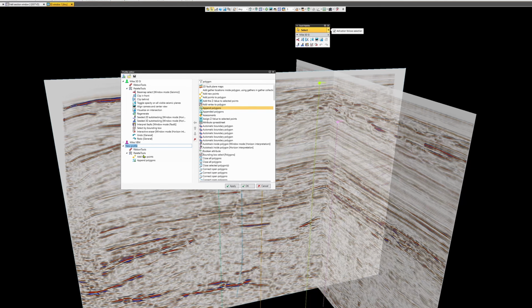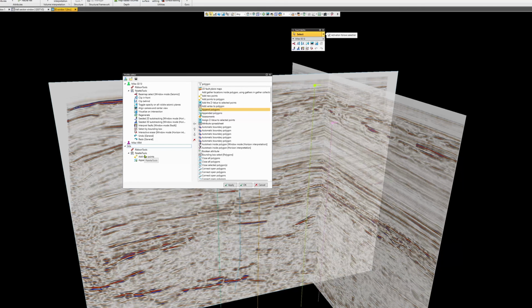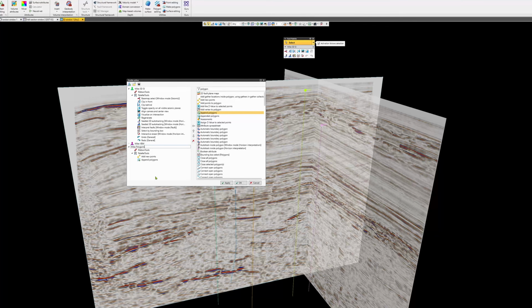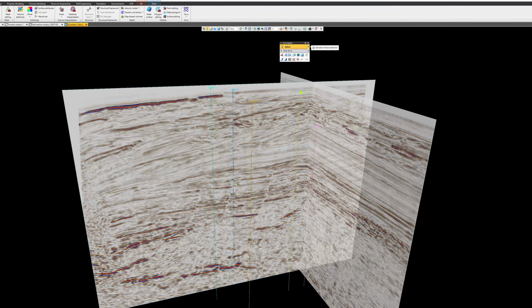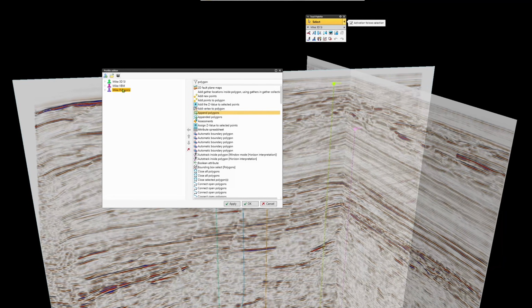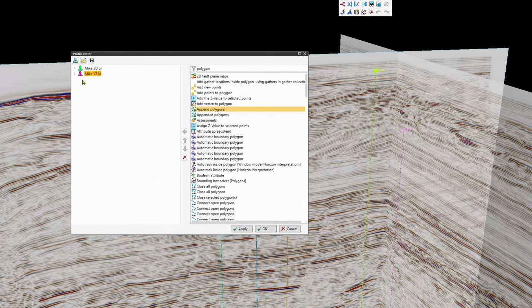I could even go in here and I could rename it, and we could call it Mike Polygons. Okay, and we can hit OK, and now we'll see that from our list up here we've also got Mike Polygons, and if we do that then it will change to that one straight away. Let's change back to Mike 3D SI, and in fact let's go back in and edit that one. So back to the profile editor, we maybe decide we want to delete the polygons one, and then we go